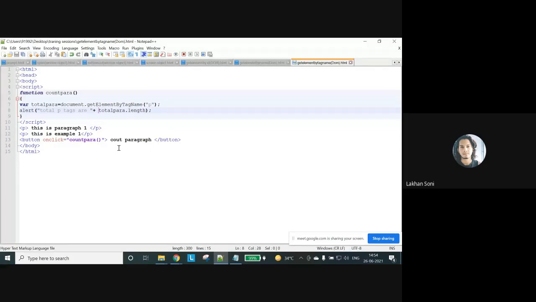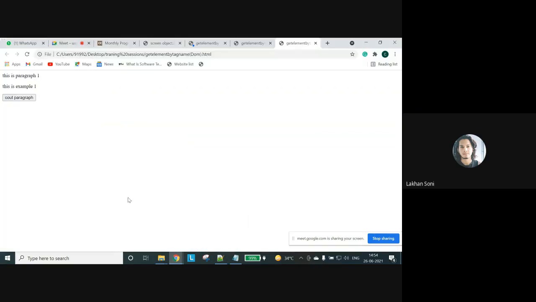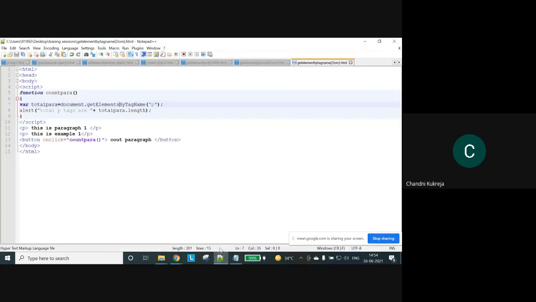You have written only getElement. So it returns 2 because this is paragraph 1 and this is paragraph 2, that is why it returns 2. So do you have any doubt in this getElementsByTagName?